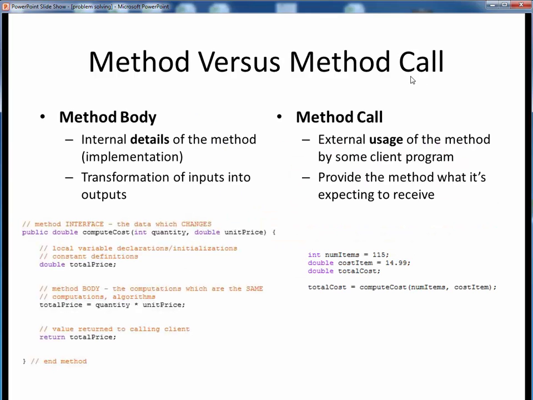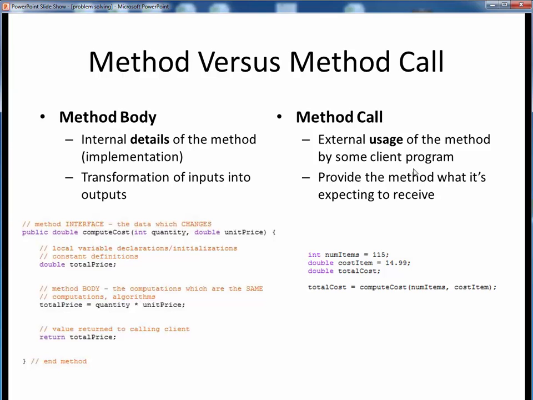To wrap things up, here's a side-by-side view of the method body versus a corresponding external client method call. We just finished looking at the method body on the left side. This is simply the internal details of how the method transforms its provided inputs into its outputs. Here on the right side, this method call demonstrates the external usage of the method by some outside client program.